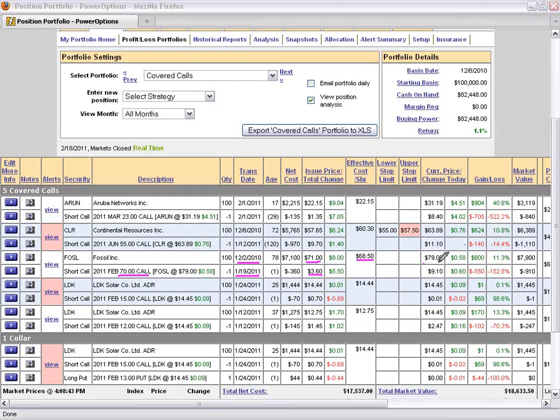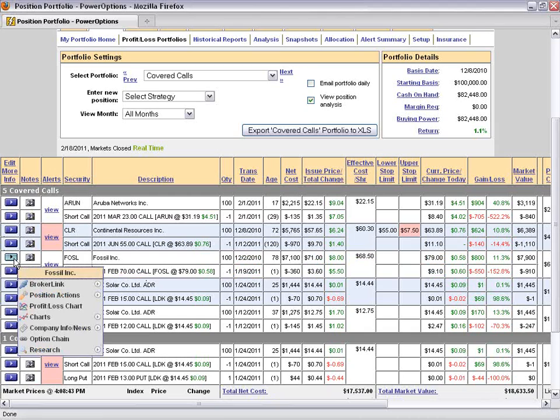The stock's now at $79, and it's going to cost us $9.10 to buy back the call, if that's in fact what we wanted to do. Well, what are our expectations now? We had a choice. Do we let this get assigned today, or do we roll it to a further out month and maybe a higher strike price?